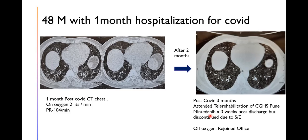He took nintedanib only for 3 weeks, but he discontinued because of side effects. So he just had a 3 weeks course of this antifibrotic drug. After that, he did not have it. He joined his office and he's off oxygen. So he's a very young post-COVID survivor, and